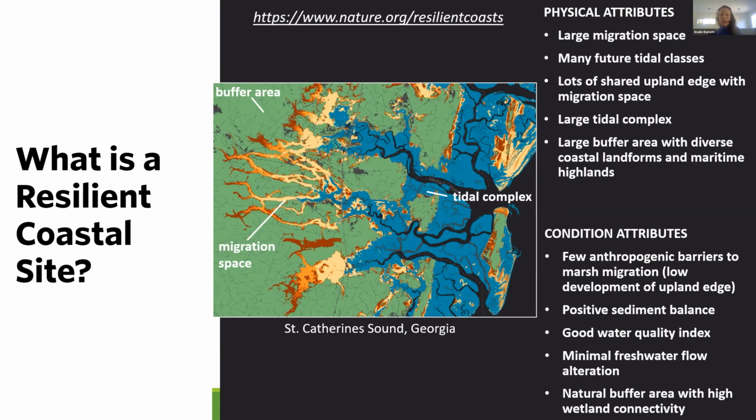It is made up of a tidal complex, which is shown here in blue. And again, that's that salt marsh, tidal flats, interconnected tidal habitat. The key component of a resilient coastal site is the availability of migration space, which is shown here in different shades of orange. And the different shades just correspond to different sea level rise scenarios. Sites vary widely in the amount and suitability of the migration space they have. And this is really a reflection of the physical structure of the site and the intactness of processes that